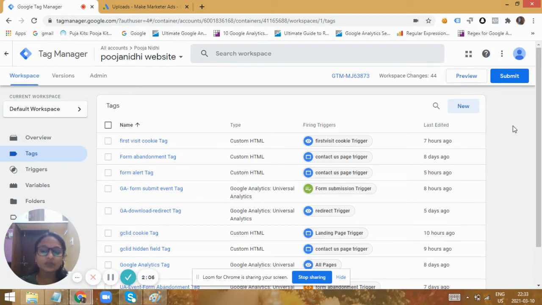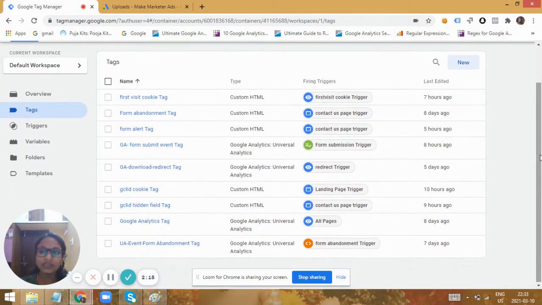So this data needs to be updated to Google Ads in order to optimize for those users. For that, you need to initially track the GCL ID given to the users. While you import the data into Google Ads using offline conversion tracking, the most important thing to map between the CRM and Google Ads is the GCL ID. So we need to track the GCL ID. Whenever users click an ad and come to our website, a GCL ID query parameter is added to the URL. This URL parameter we need to capture.